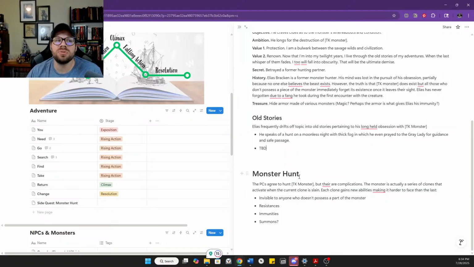It conflicts with the image of Elias that I've started crafting in my head, where he's been a monster hunter for a while and has hunted other monsters, as we've talked about. Now this has become his obsession, the one he wants to kill. So I don't necessarily picture that the monster is after him specifically, but I definitely think they have a history and animosity between them.